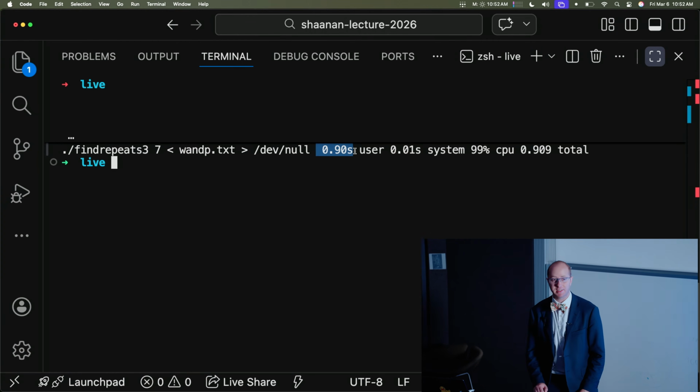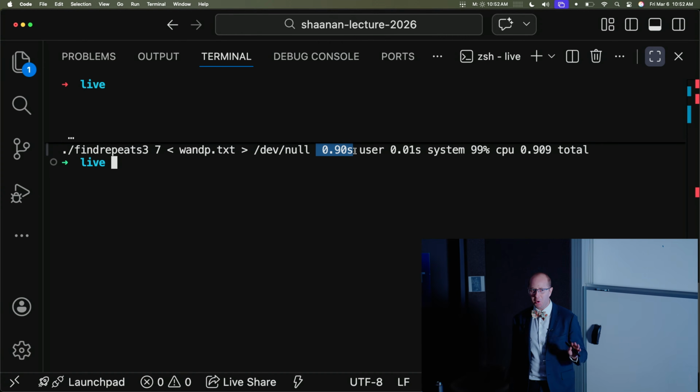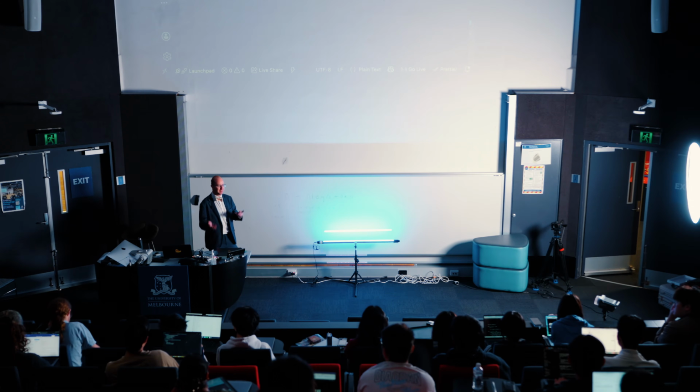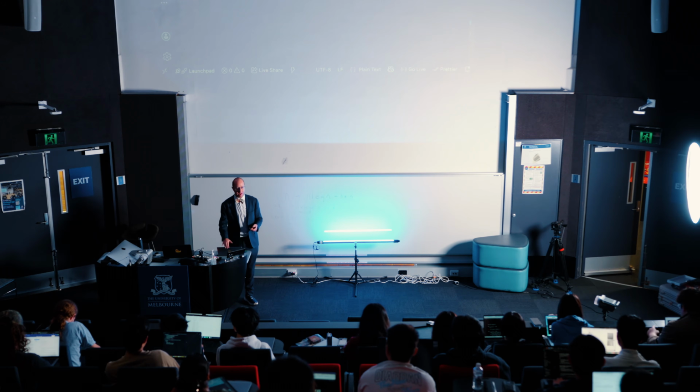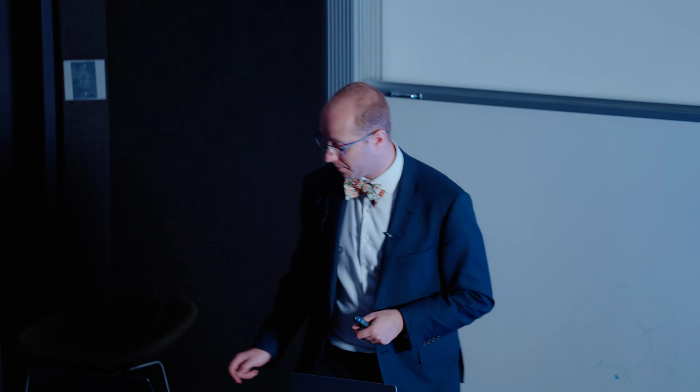It takes 0.9 of a second. So our desk estimate here is actually really accurate. And I'm always a little bit surprised when this happens because computers are complicated, but the fact that this does give us a reasonable sense of the accuracy, I think is really cool and interesting.